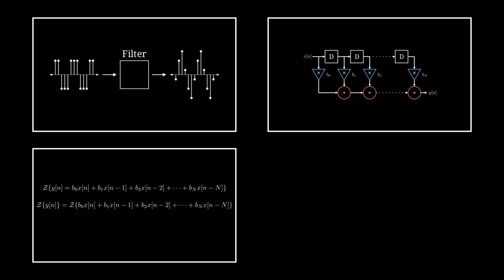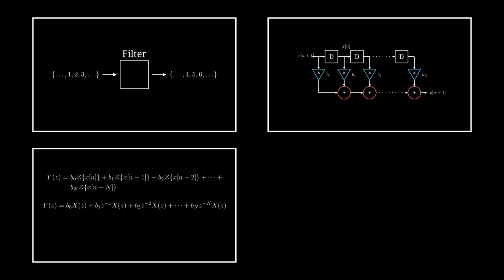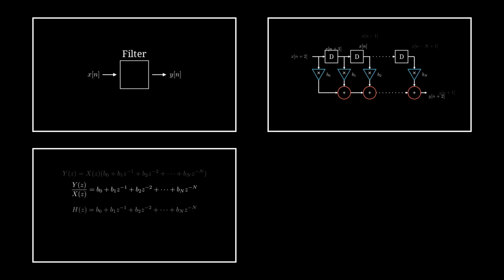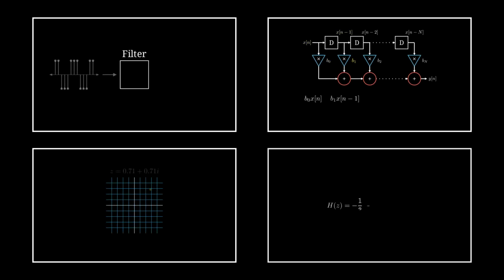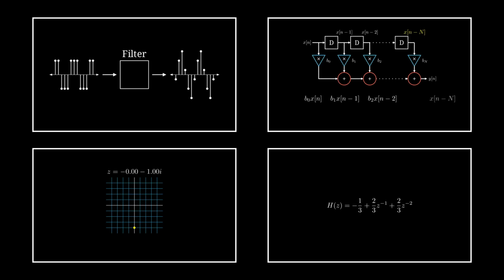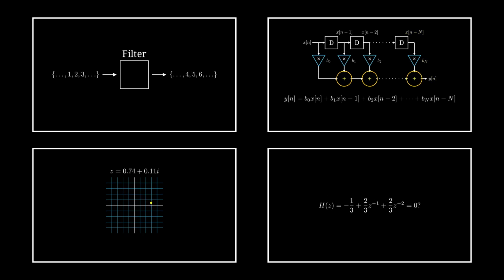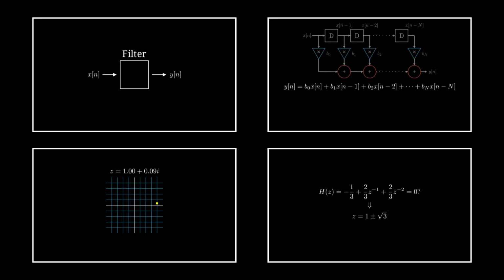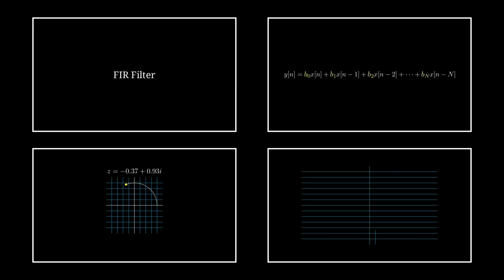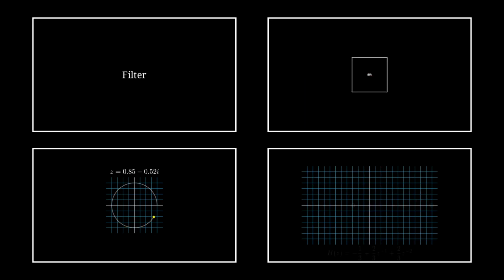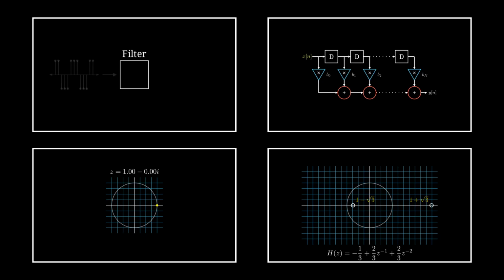Then we discussed the z-transform, how we can use it to get the transfer function of the FIR filter, and how the transfer function shows us how the filter modifies the frequency spectrum of the input signal. Last, we talked about how we can design filters by first selecting the zeros that we want our transfer function to have, and then deriving the b values of the FIR filter from there. Now we're ready to try out the web app.